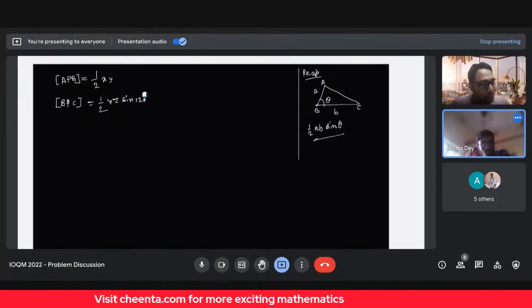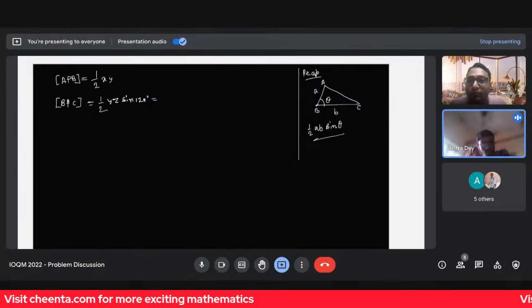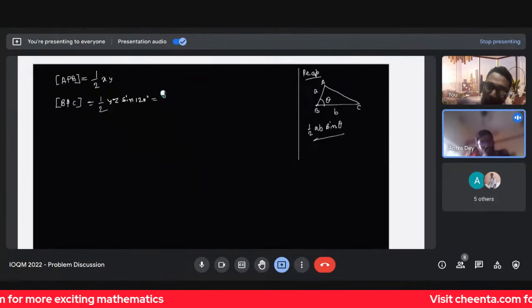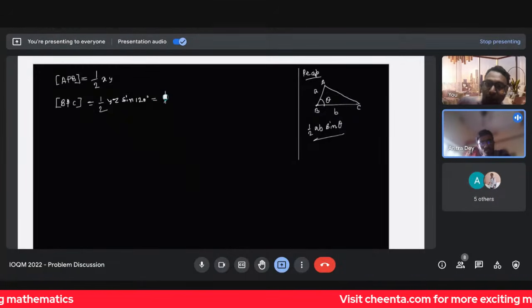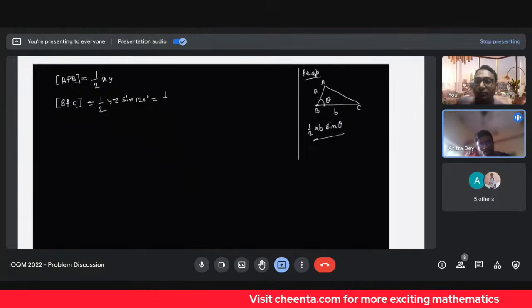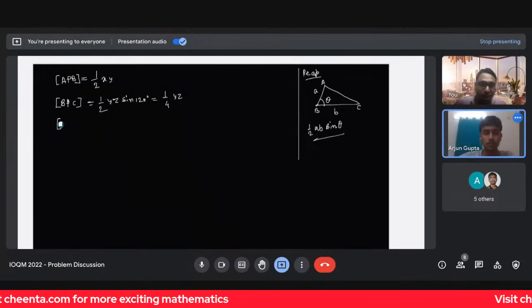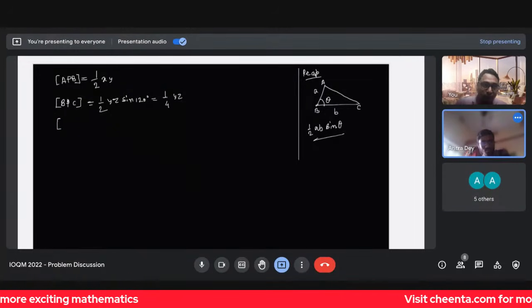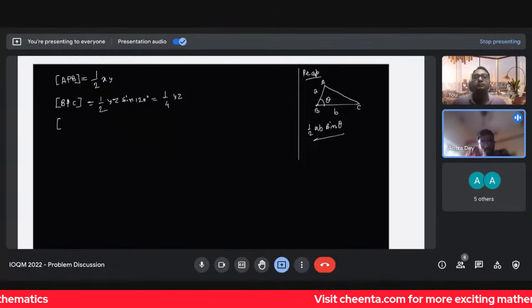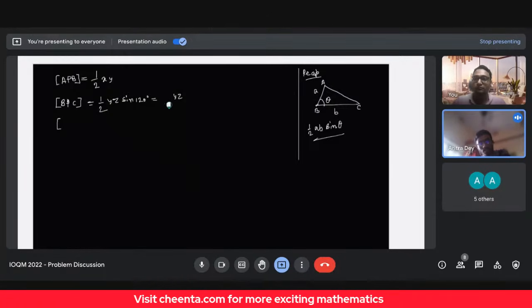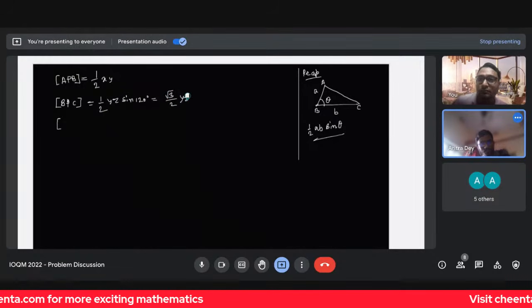y z sine 120 degrees. Now sine 120 degrees, if I'm not very wrong, is root 3 by 2. So it becomes root 3 by 4 yz. Sine 120 degrees means sine of 90 plus 30, which is cos 30, yes, sorry, root 3 by 2. Thanks. And the last one is